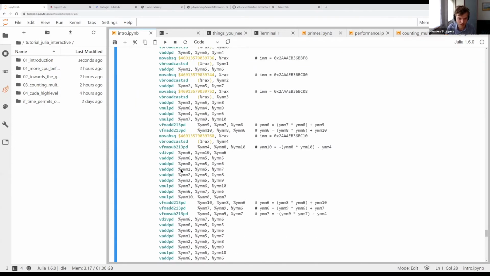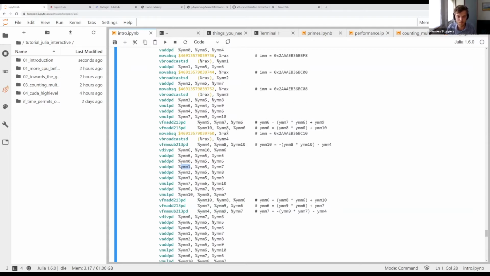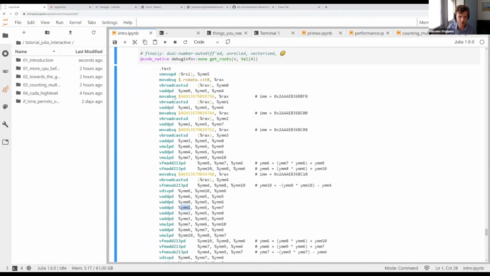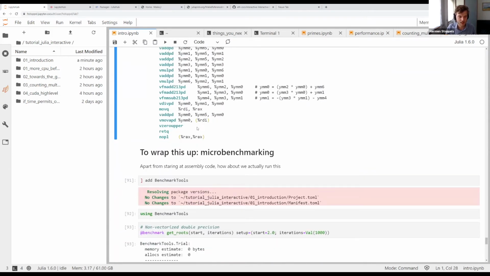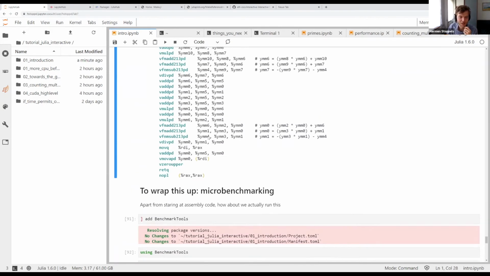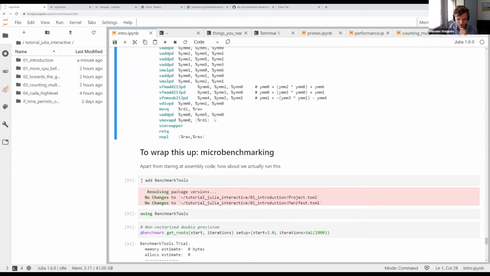And the thing that changed is there's YMM here. So it's using the 256 bits registers, if you're aware of these things. And it replaced this factorized addition with packed doubles, meaning that it factorizes actually. And it's very short, so it unrolled the loop, and it's nice. Clearly, not everybody wants to be looking at assembly code all day, and it's not really a useful way to actually know the performance of your